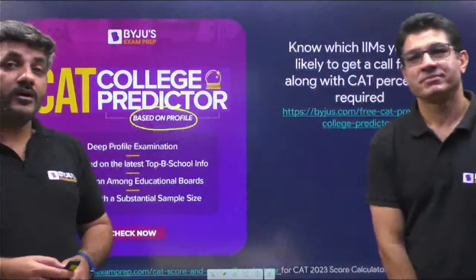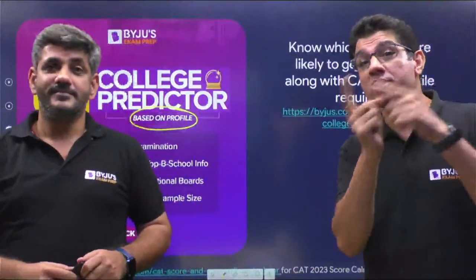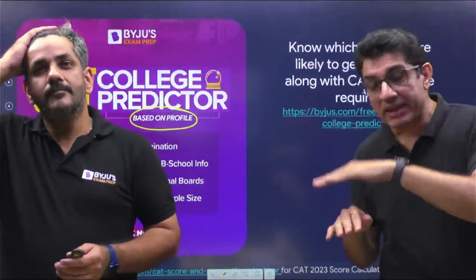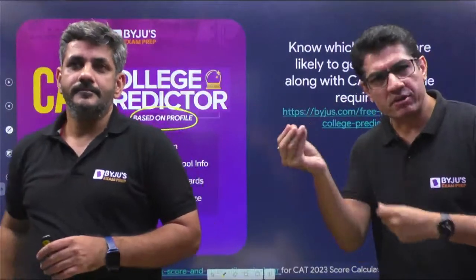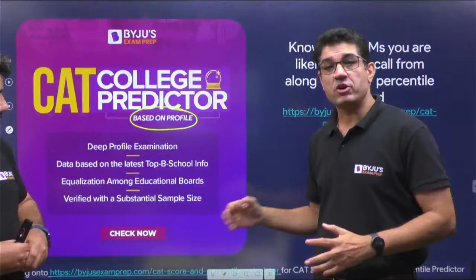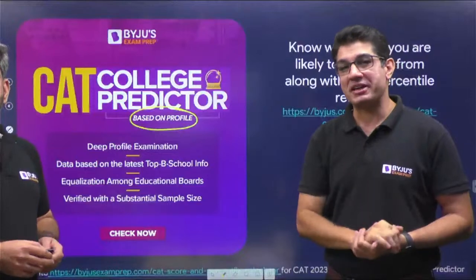Okay? And also about this college predictor, this we have been telling you for a long time, and we have made this tool with a lot of research. About all the IIMs, we have seen what is their selection criteria, what do they look at, 10th में क्या चाहिए, 12th में क्या चाहिए, किस तरह का profile चाहिए, वो सारा. Your gender, your academic stream, the board or the university you are from. So the way the IIMs bring everybody at par and give everybody a bit of handicap, and some extra marks here and there, you input your information and we can give you a rather thorough assessment of what percentile will work for you for a particular college when it comes to getting a call.